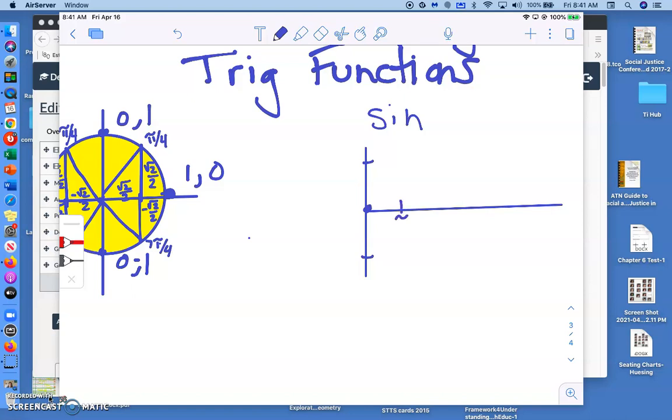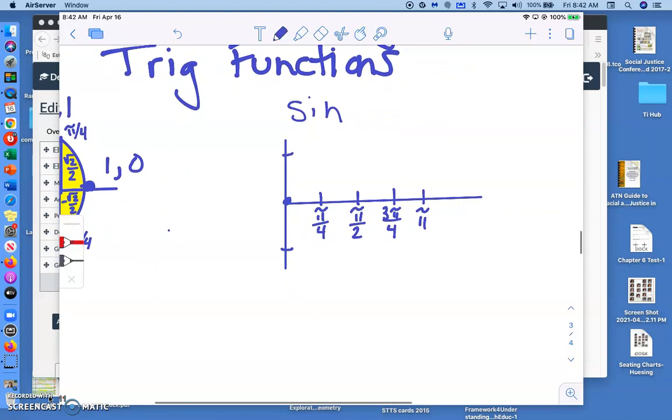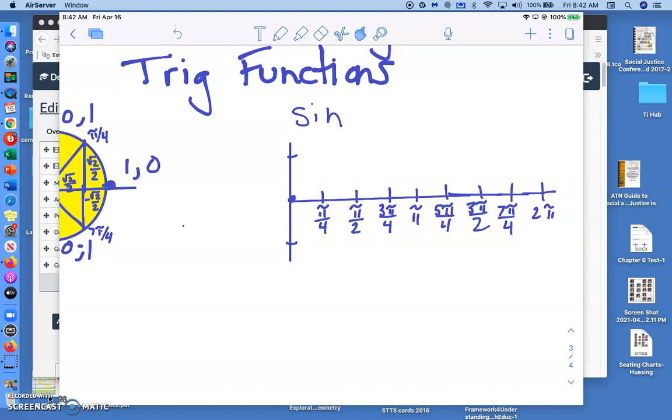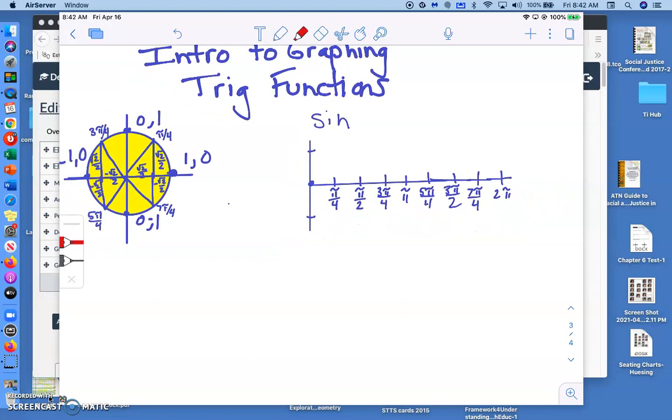And then we said pi over 4, 90 degrees, pi over 2, 3 pi over 4, pi, I'm going to run out of room here, 5 pi over 4, 6 pi over 4, 3 pi over 2, 7 pi over 4, and 2 pi. And so if you remember what we talked about previously, sine is our y value. So I'm going to take all of these y values